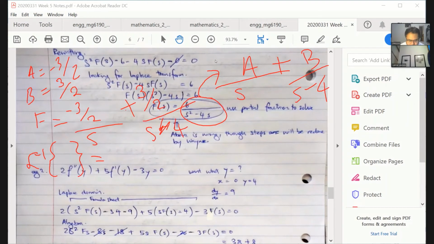That effectively becomes 0 because negative plus positive